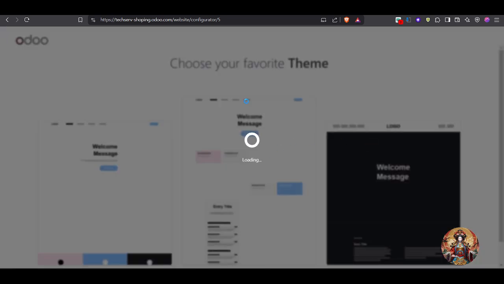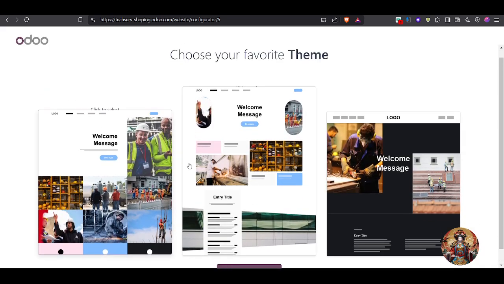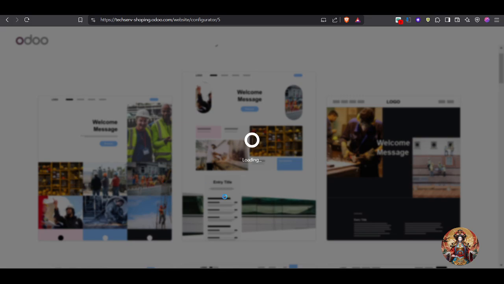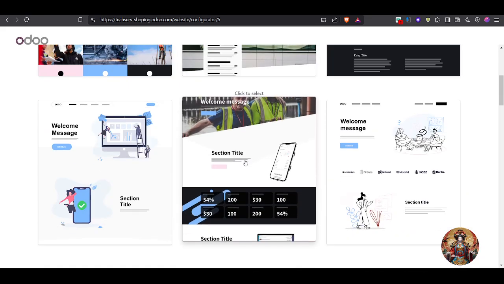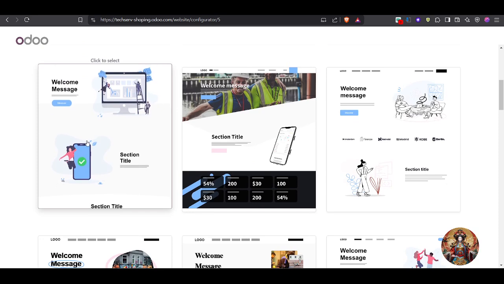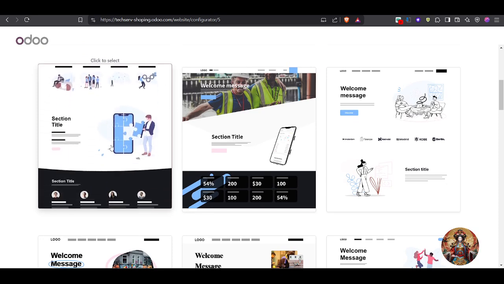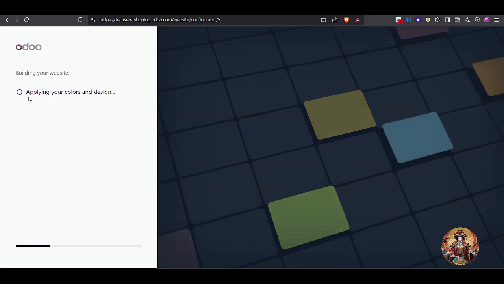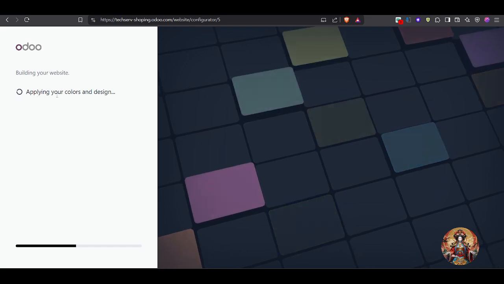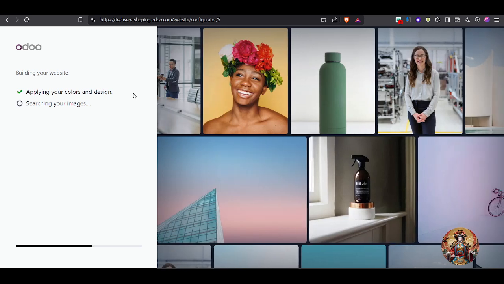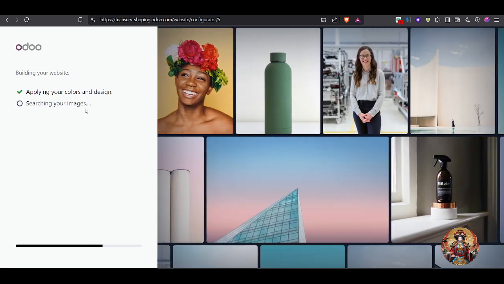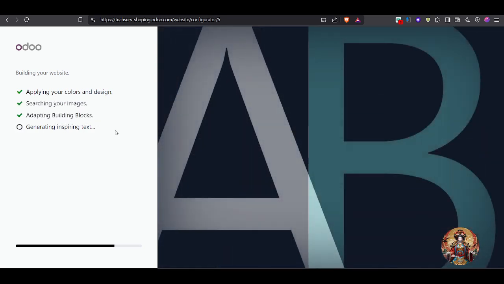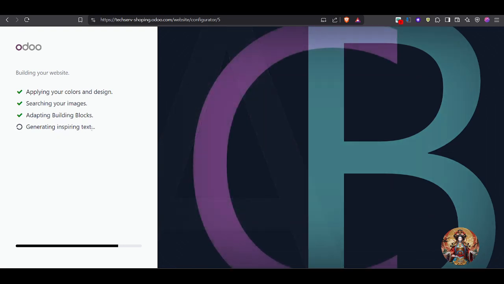It will take a little time. Now you have to choose your theme. You can view more as well. If you don't like these three options, just scroll down. I will choose this one because it has this vector theme. I will just click. Now here you can see Odoo is applying the color design which we selected earlier,